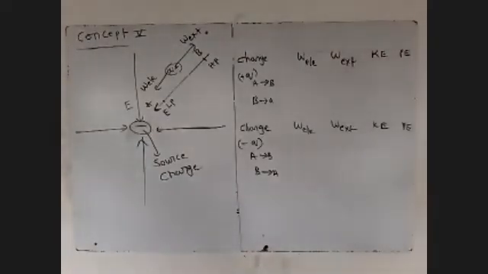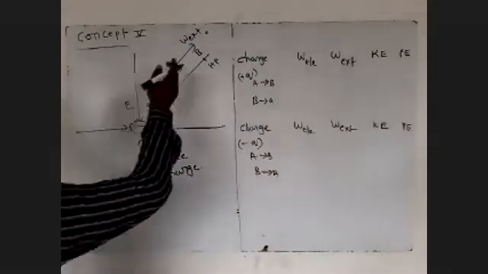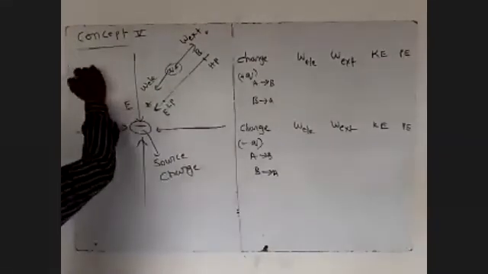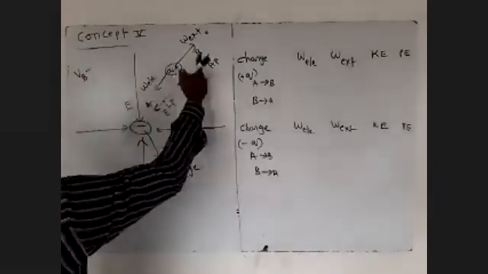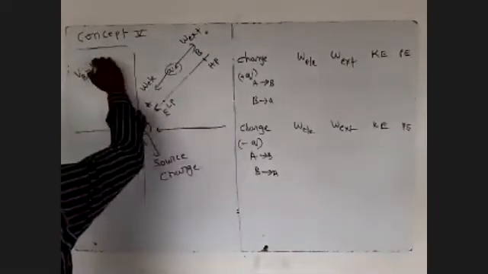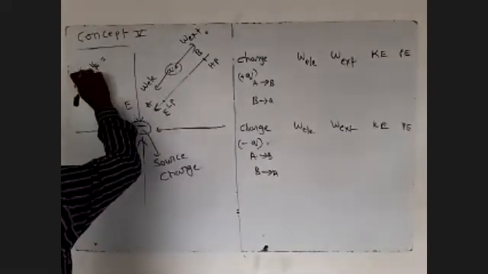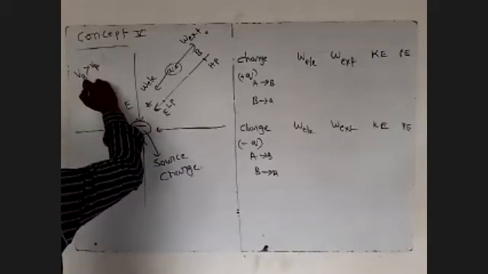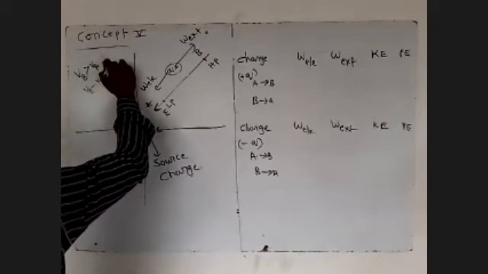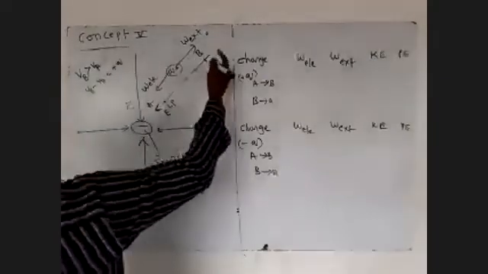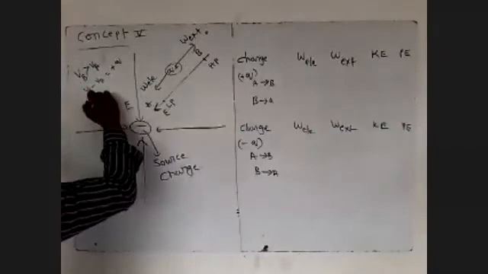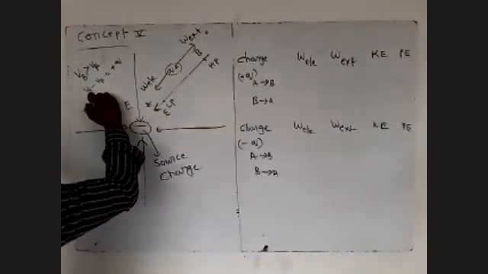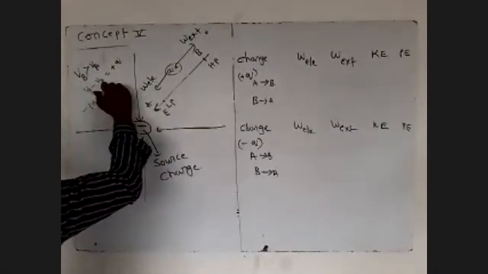Right, how can you write that one? Here, this is the high potential and this is the low potential. You can write VB minus VA: high potential minus low potential. This is how it is correct. A positive charge is moving from high potential to low potential, so take the minus common: VA minus VB for a positive charge.